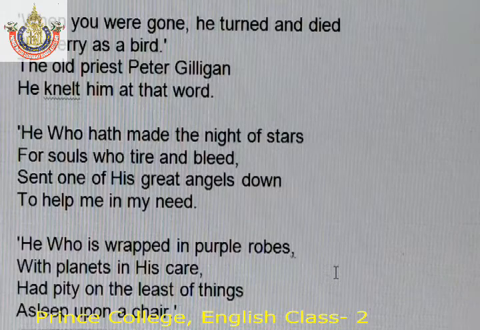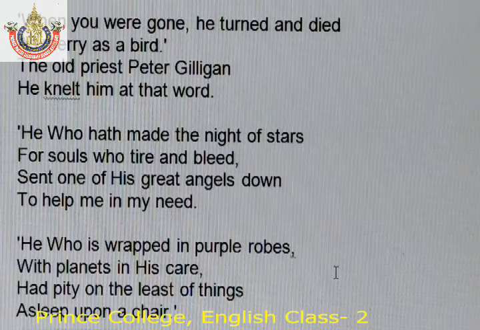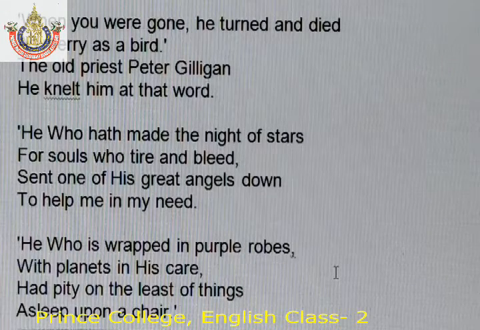robes with planets in his care had pity on the least of things asleep upon a chair. The last stanza is very significant so far as the poem is concerned. God is very much merciful to those persons who perform their respective works. God is a king in purple color robes. He wears royal garments. Purple means